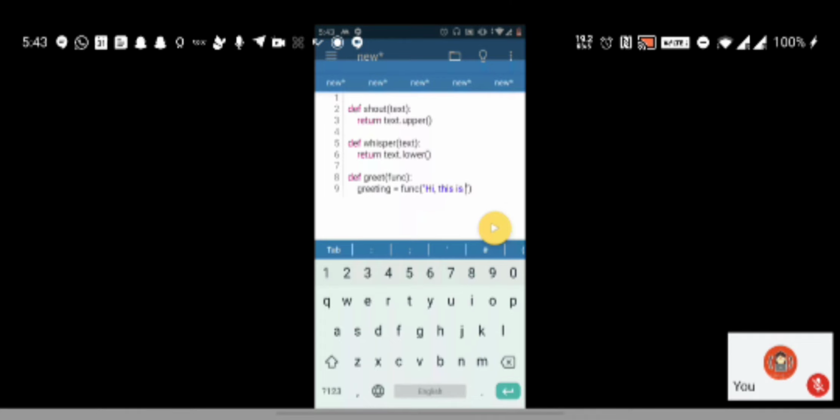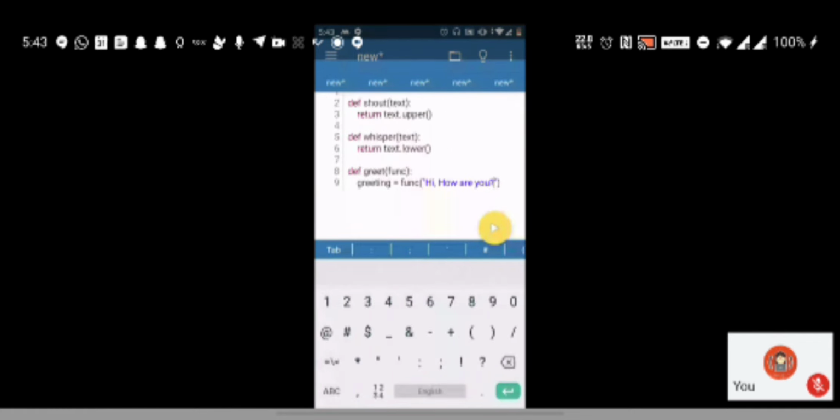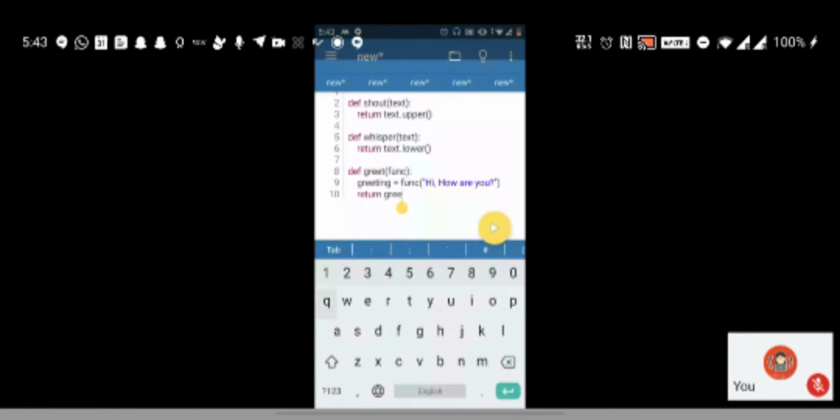For now, let's see how I use something like that. This is greeting basically. Then I'm just going to return whatever the greeting variable contains.